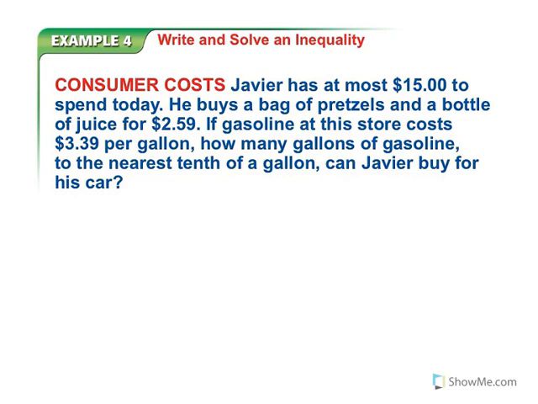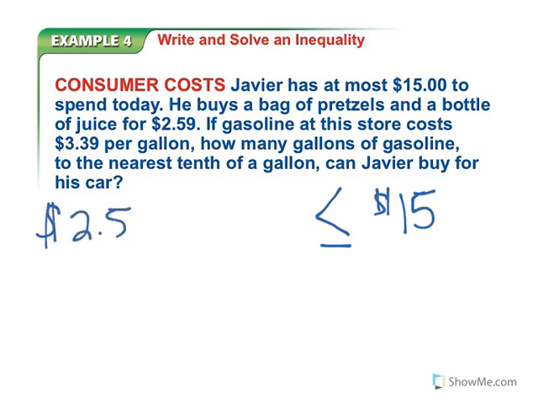So he has at most $15. At most $15, so we don't want to spend any more than $15. So the alligator is going to eat the 15. Now, we can actually spend $15. That means he would have no dollars left over, but it can actually be equal to it. Now we think, okay, he did for sure buy